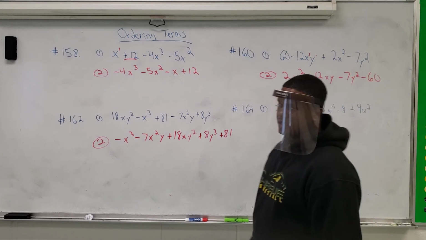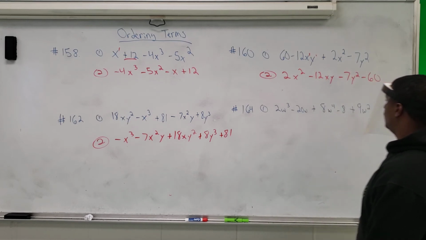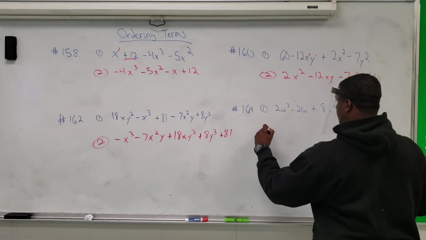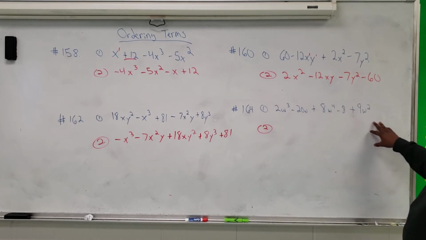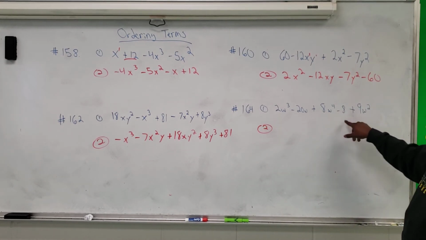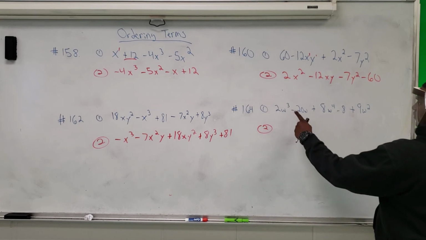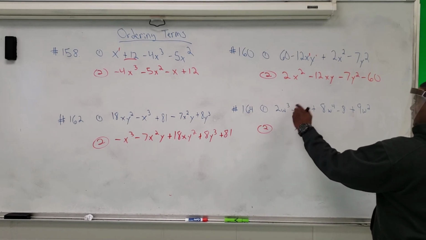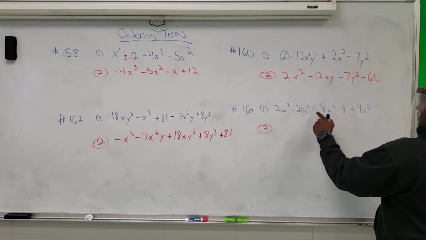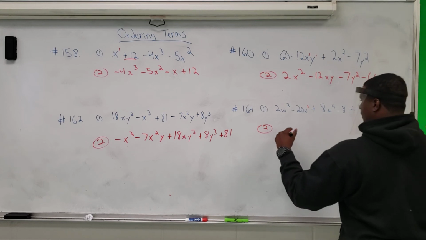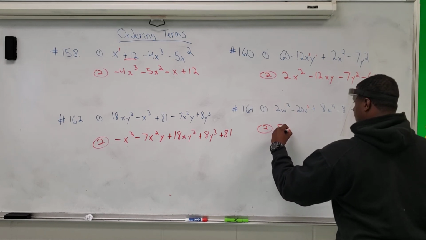Last one today, we have some w's, and that's it. I have w's and I have a constant. Okay, so let's look at the greater exponent. I have the third power, first power, fourth power, second power. So 4 is greater than 3. So I start at my 8w to the fourth,